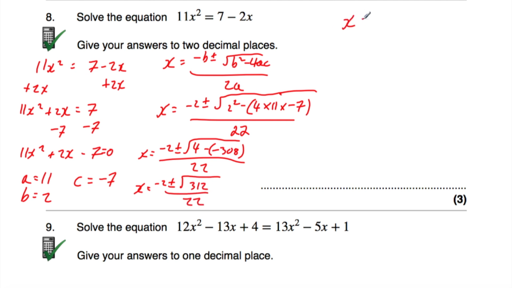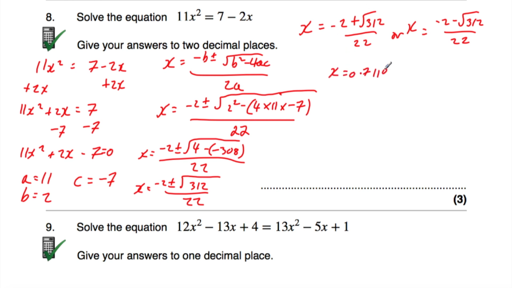Now that means that either x is equal to negative 2 plus the square root of 312 over 22, or x is equal to negative 2 minus the square root of 312 over 22. So let's work this one out to begin with. So x is equal to 0.71197 and so on, or negative 0.8937 and so on. Now we've been asked to give our answers to two decimal places, so let's round these